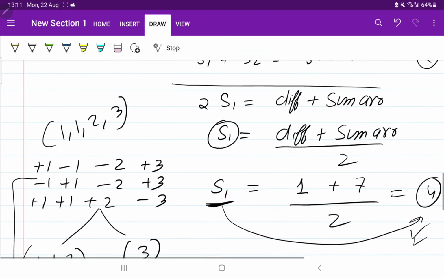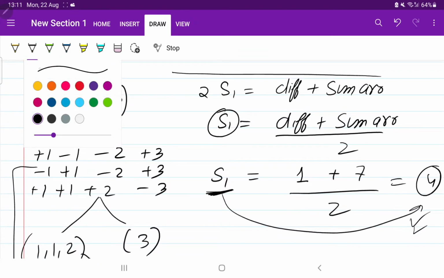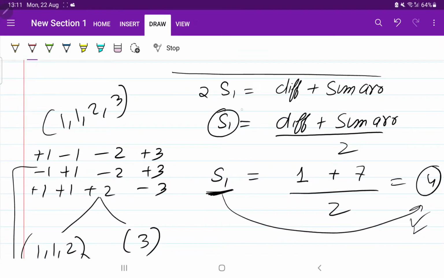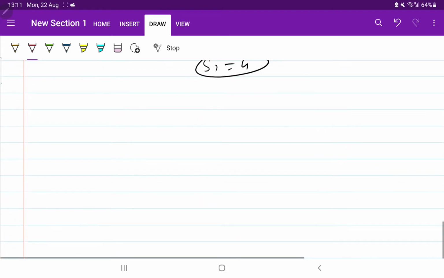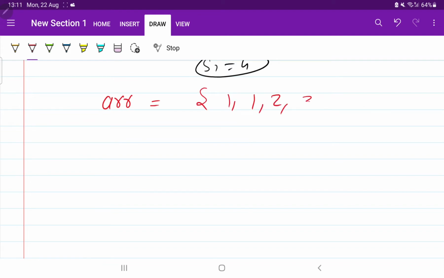It means we have got one thing, that first of all what we need to find? We need to find that S1. Okay, so basically what is our question converted to now? An array was given to us with the elements 1, 1, 2, 3, and required sum was 1.